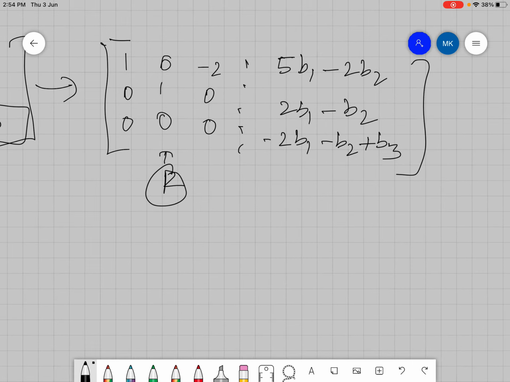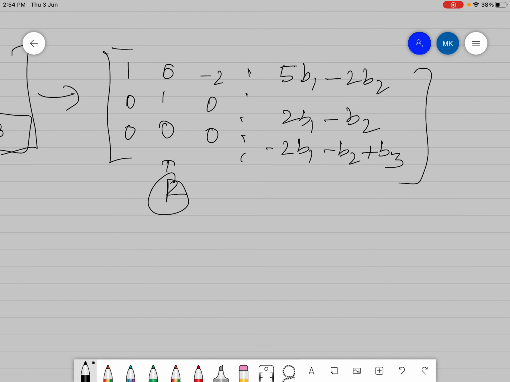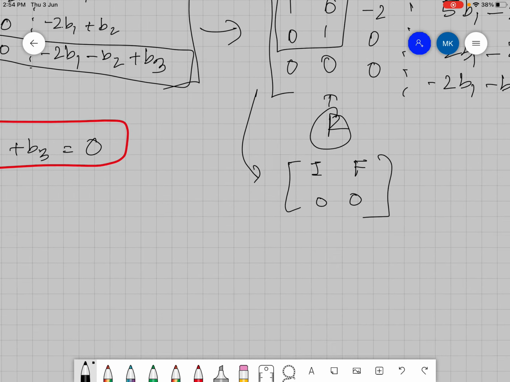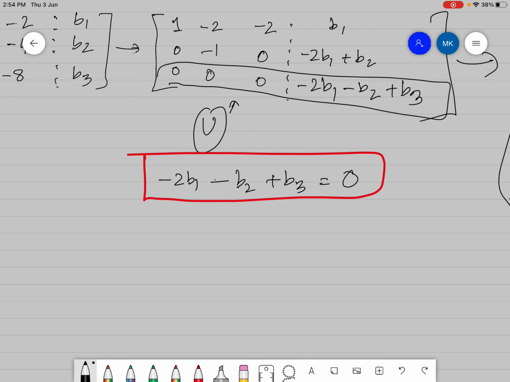Now what is the structure here? The structure here is I, 0, because it has I here. There are free columns there, so F, and there is a 0 row. So there should be either 0 or infinitely many solutions. There would be 0 solutions if it does not fulfill this condition. If this condition is not fulfilled, there are 0 solutions, and if this condition is fulfilled, then we have